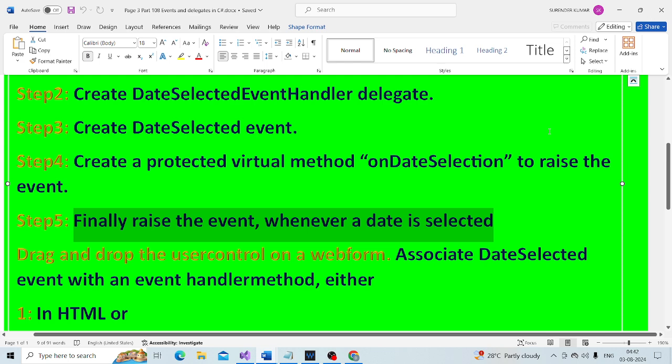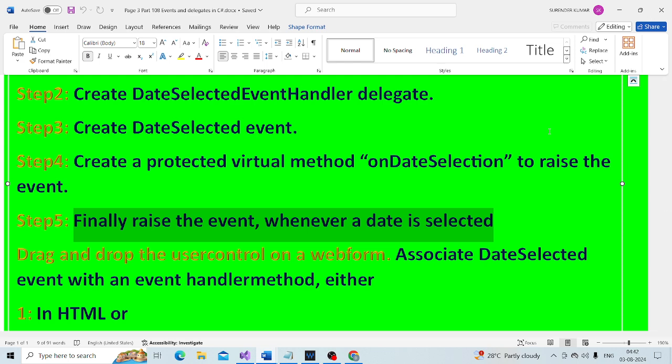Our next step is to use that event, or consume that event, on a web form. So let me drag and drop this calendar user control on a web form.